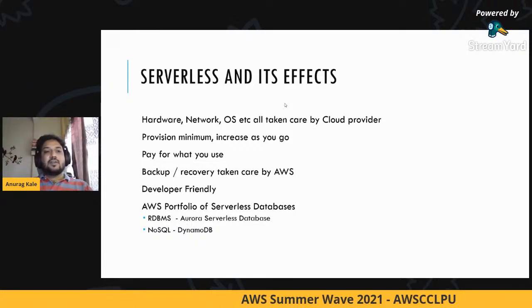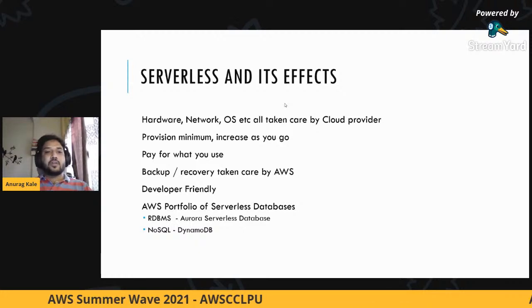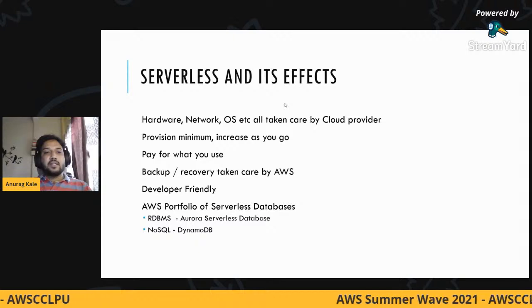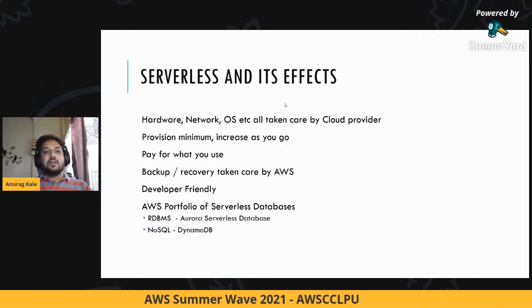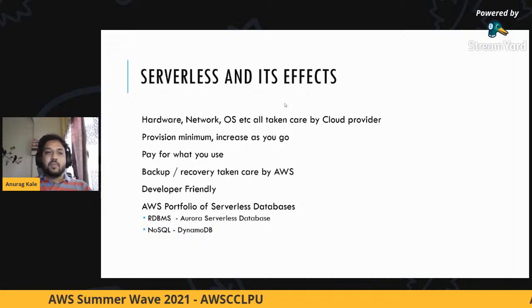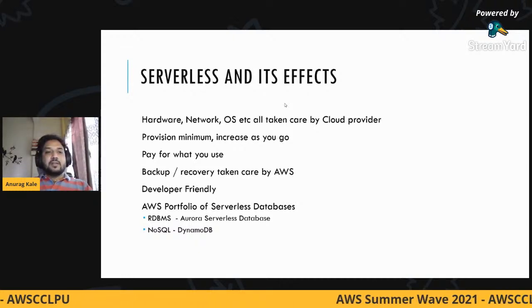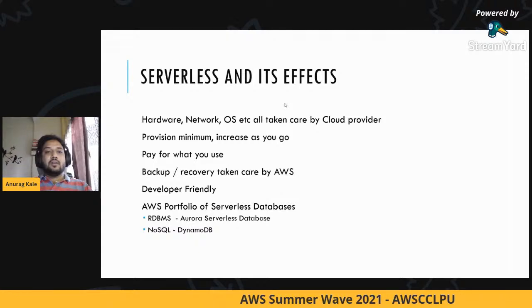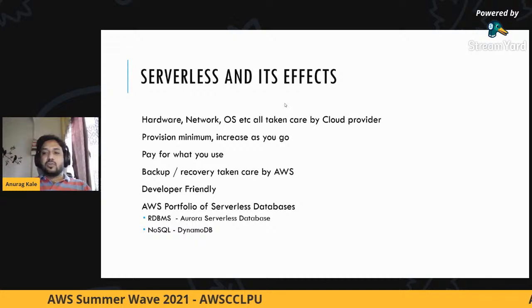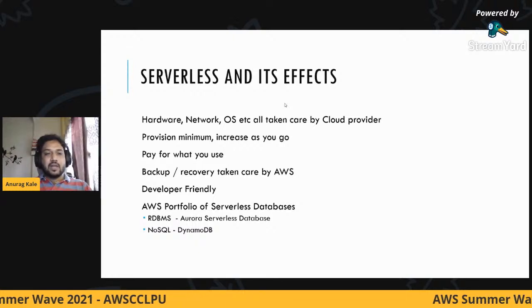So that is the simple way of putting what serverless is, and what effect serverless had. It basically enabled development teams to punch way above their weight. A startup that is looking to make a business can do it with just 2 or 3 people instead of having at least a dozen people in different categories.